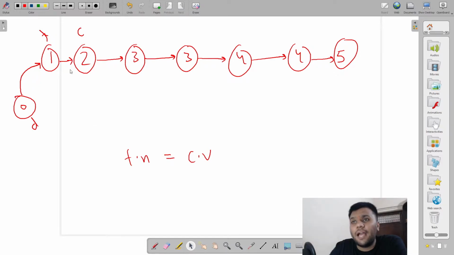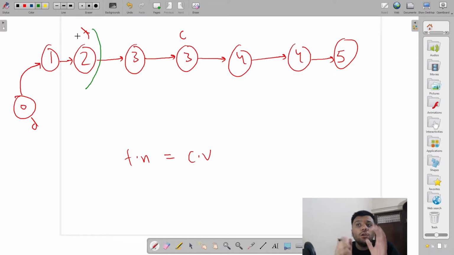Now I will take my current pointer from over here to over here. It will check whether temp dot next, which is 2, is similar to 3. It will say no, they are still not similar. So my temp comes over here and my current will move over here. Okay, guys, so till over here all the elements are unique, because till my temp all the elements are unique. After that we are not sure, but till over here all the elements are unique.